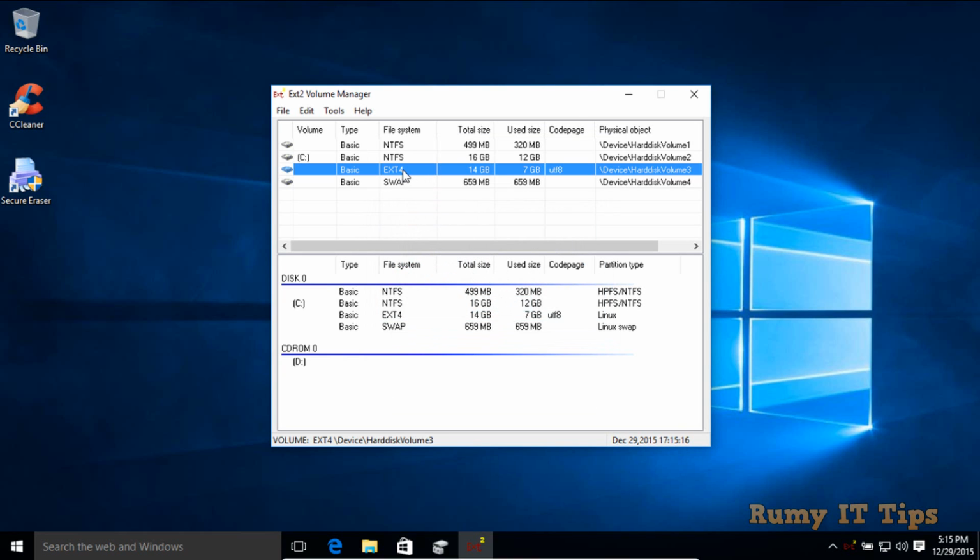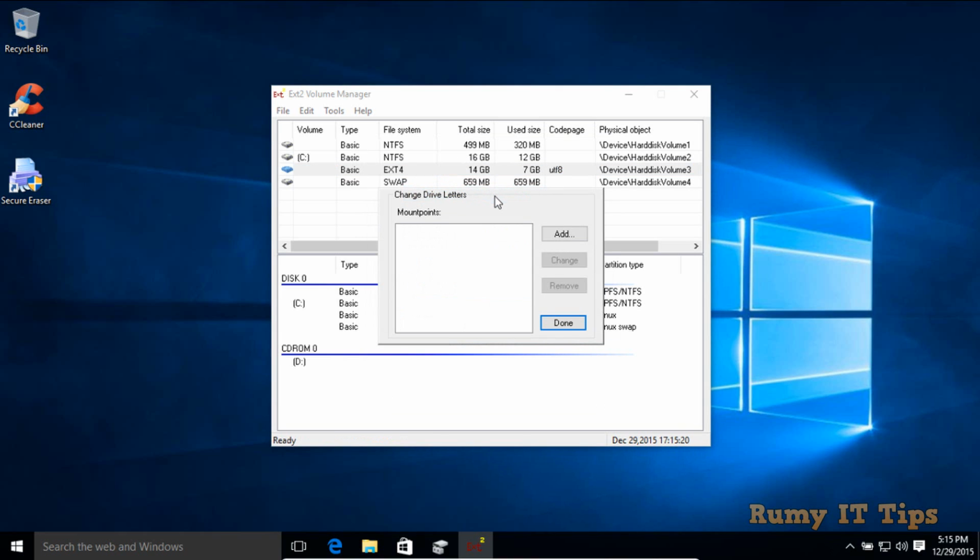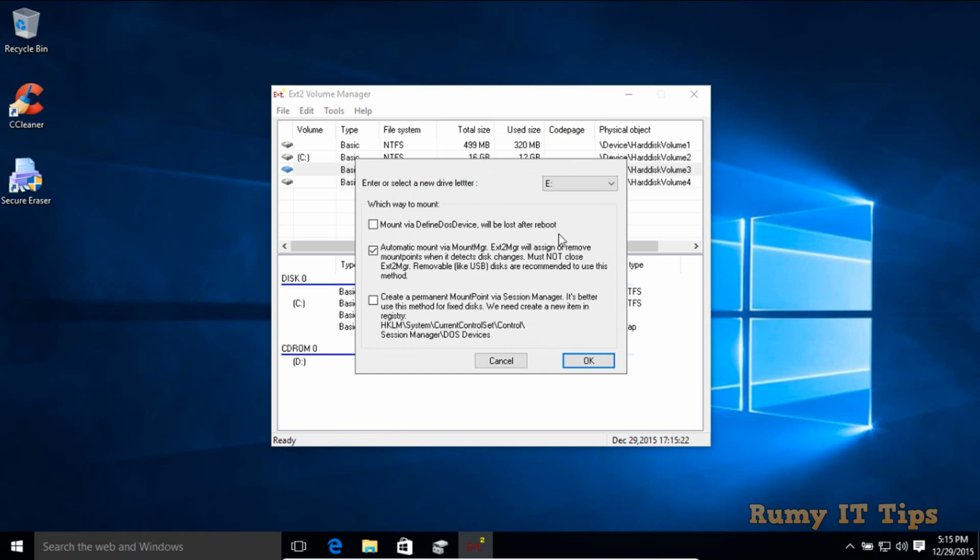As you can see here, it's still not showing my drive letter, so right click here and select the option Change Drive Letter. From here, from the upper menu, add your drive letter, so that it will be shown to you.